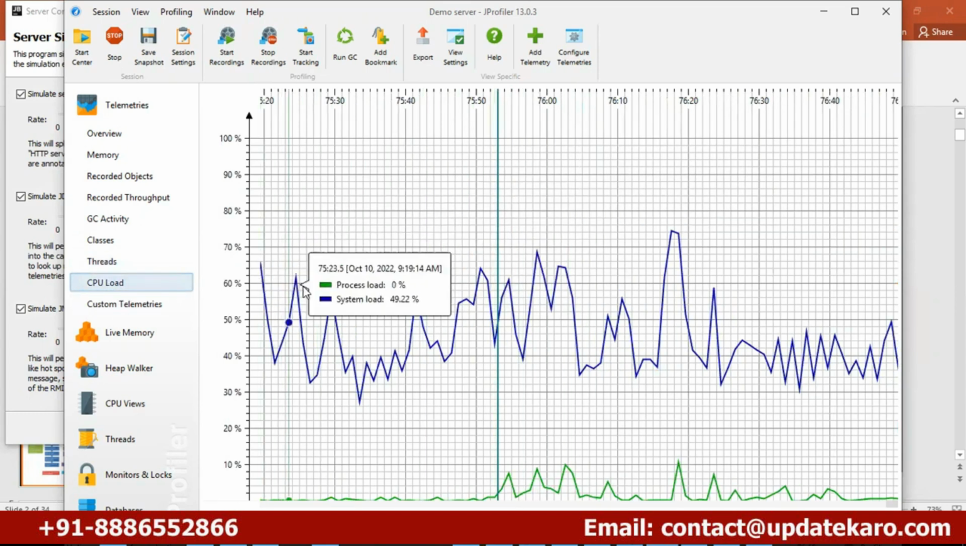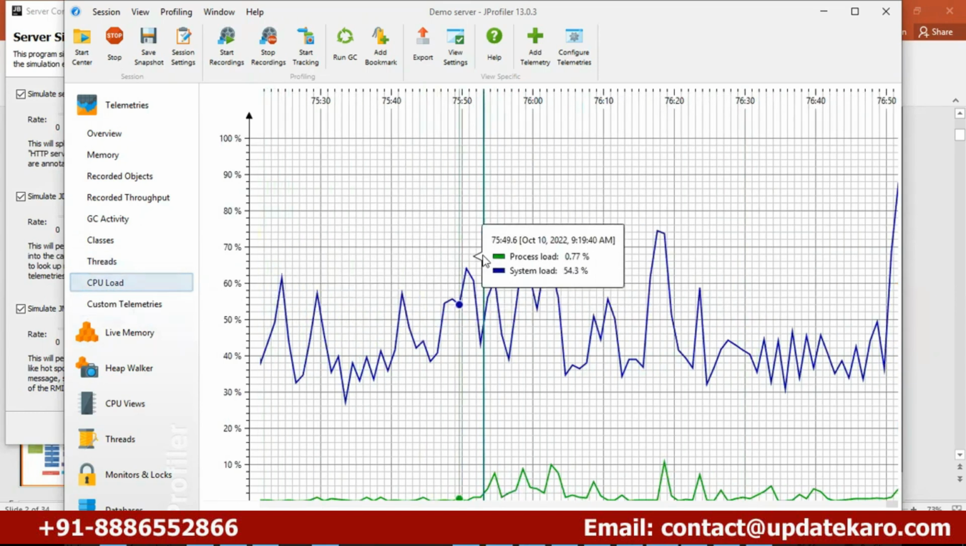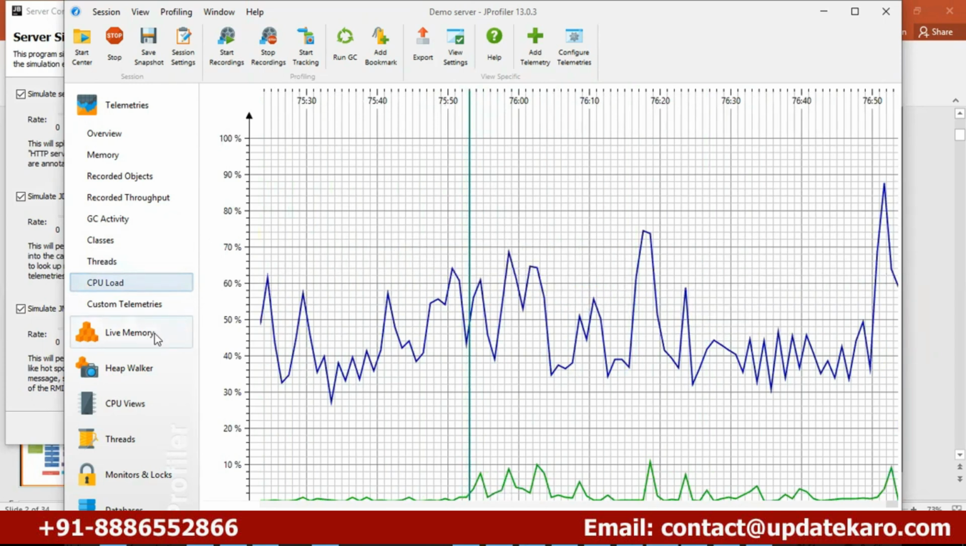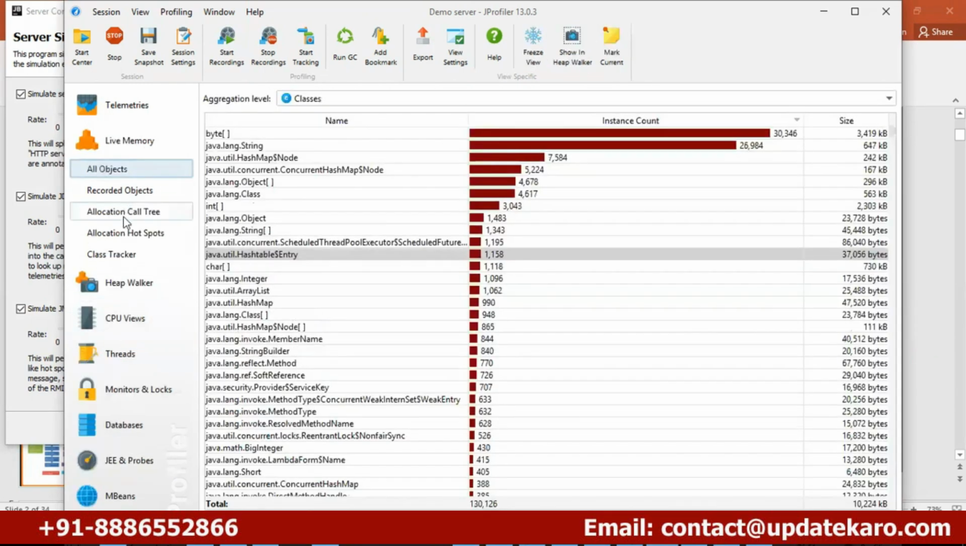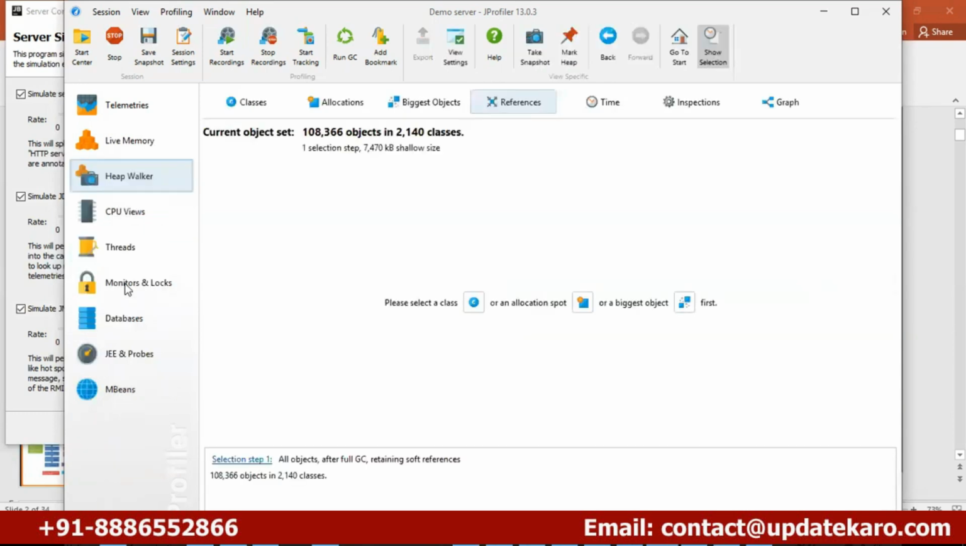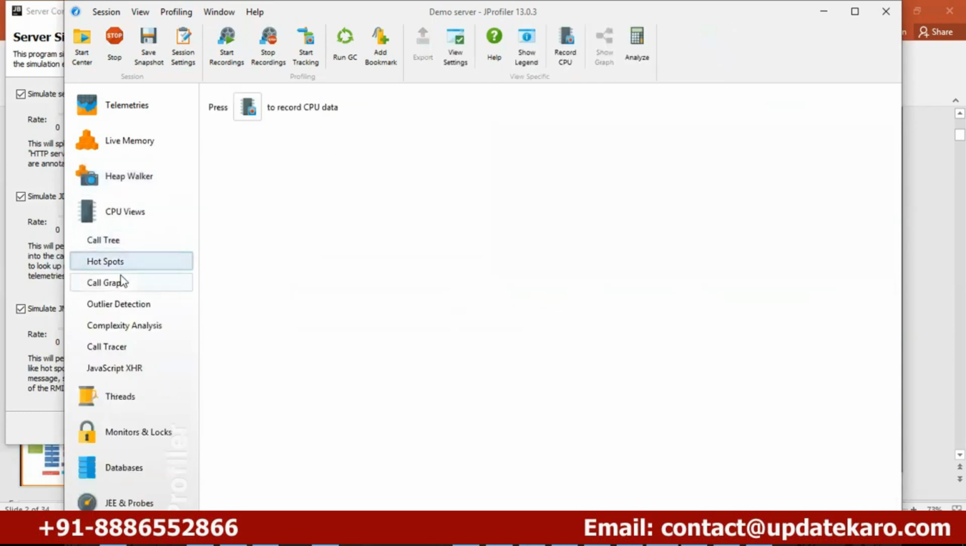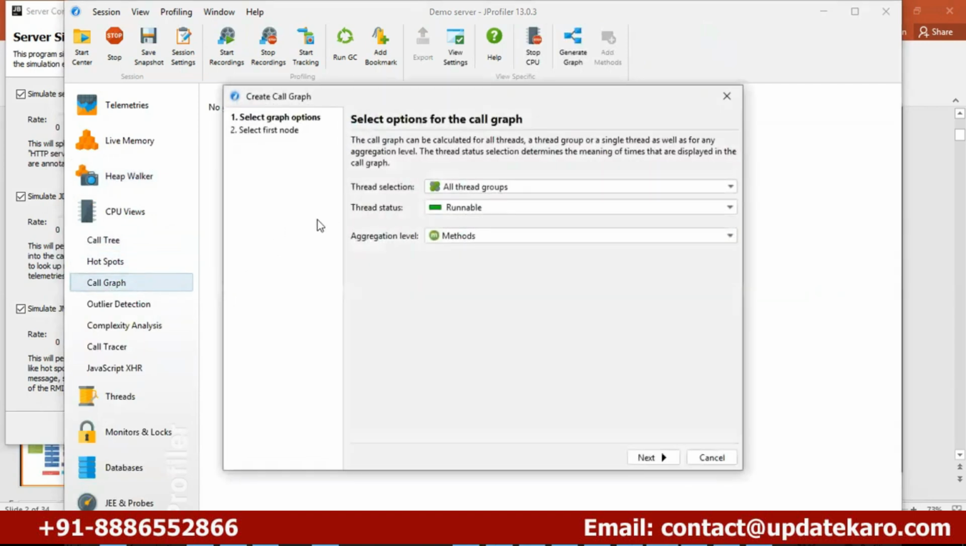So what is the load in CPU? CPU, so it's occupying 60%, right? So we can check live memory also in this. All these things I'm going to cover in detail in coming classes. Okay,